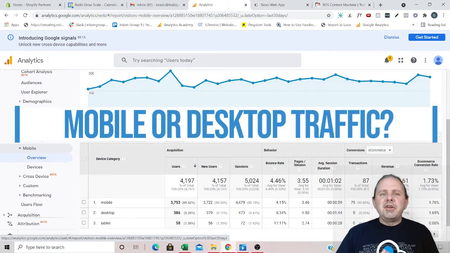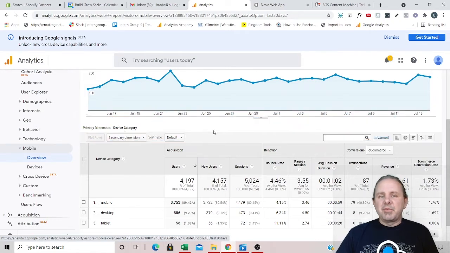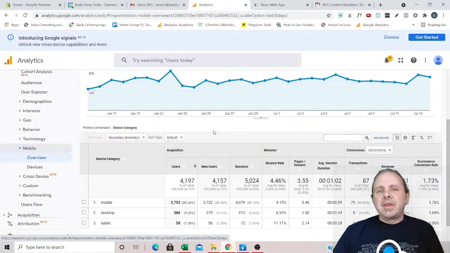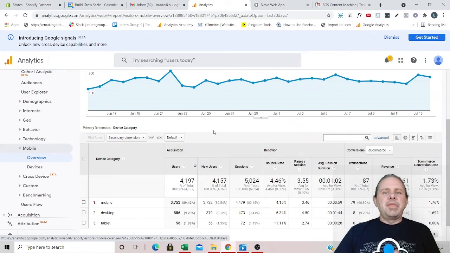So this is huge. You need to make sure that your main image banner is mobile optimized, because most likely the majority of your traffic is probably going to be mobile. So some themes will let you have two separate main image banners, and if it allows that, that's the best thing to do. Have one for desktop, that's going to be your standard rectangular banner, but then have a square banner that is totally optimized 100% for mobile,